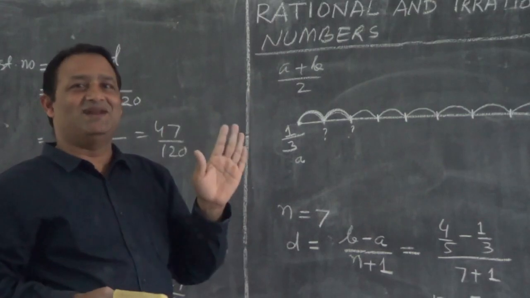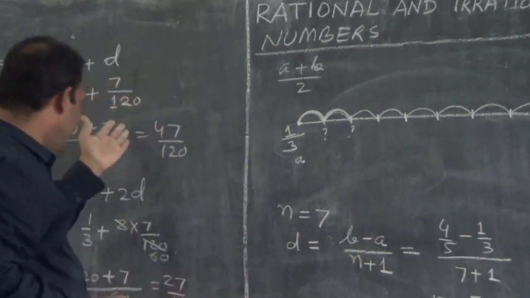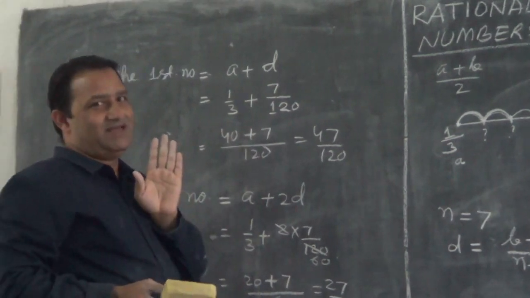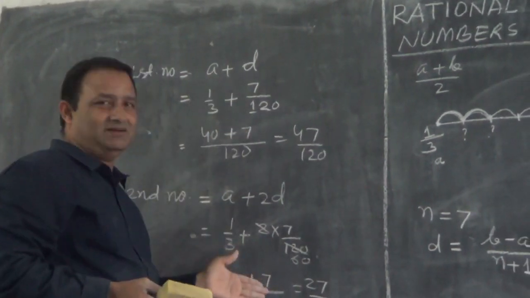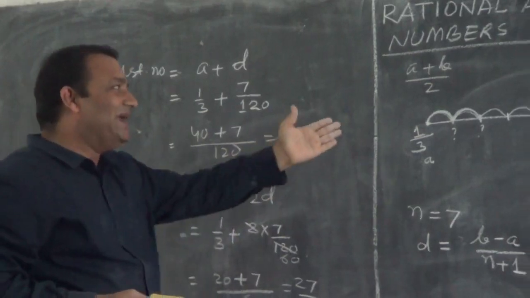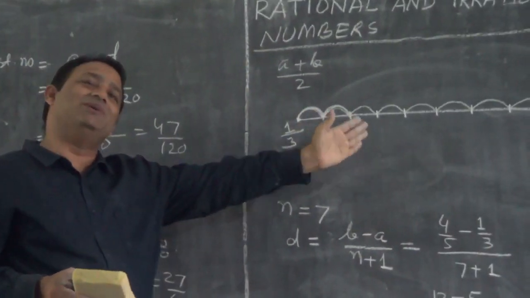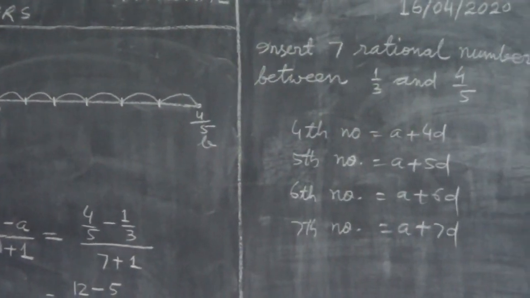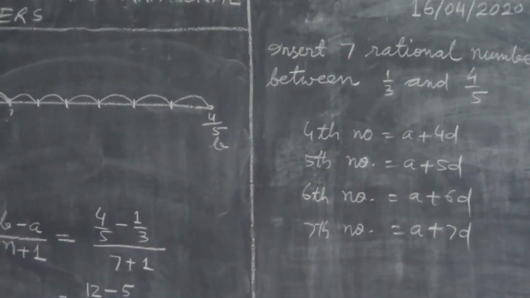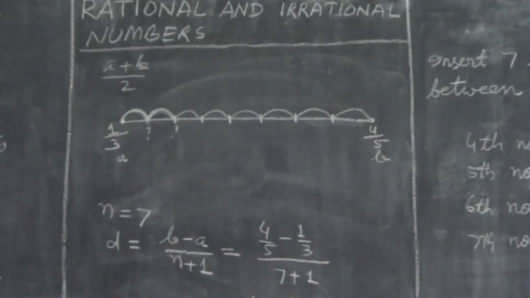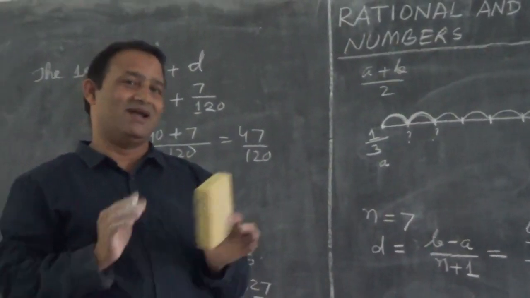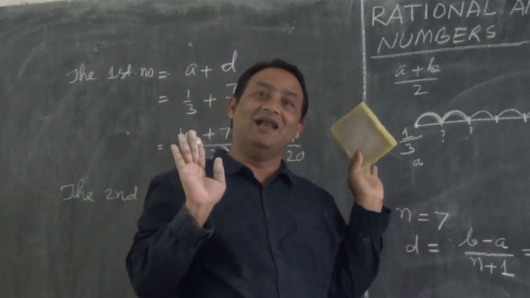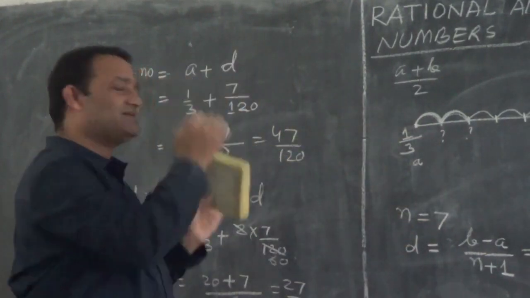And that is the reason I am saying nothing ventured, nothing gained, no pain, no gain. You have to take the pain here. Then only you will get what the question asks. Question will ask, find 7 rational numbers between 1 by 3 and 4 by 5 such that they are at equal interval. The gap between the numbers should be the same. None of your methods will help you except this.